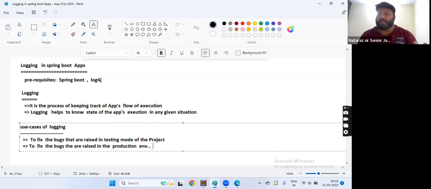And the problem may be reported immediately. Sometimes a problem will be reported after 10 days, sometimes after 1 month. But still we should be in a position to know what happened at that particular time when the problem was raised. That is possible to know only when logging was enabled in the application. If logging was not enabled in the application development, we cannot know the state of execution